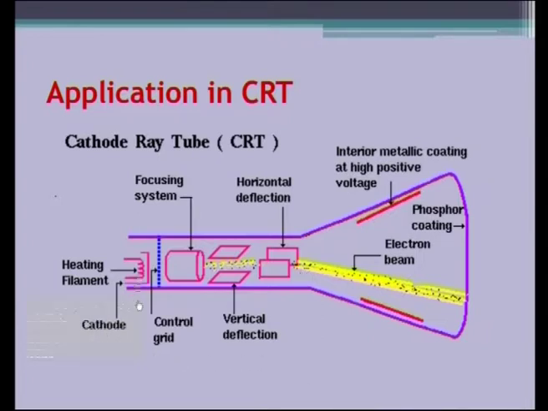We have the heating filament here and the focusing system, and there is a horizontal plate which will produce the vertical deflections up and down, and we have vertically kept plates that will produce horizontal deflections on the electron beam, thus covering the entire 2-dimensional plane. The Lissajous figures have application in controlling the electron beam in the